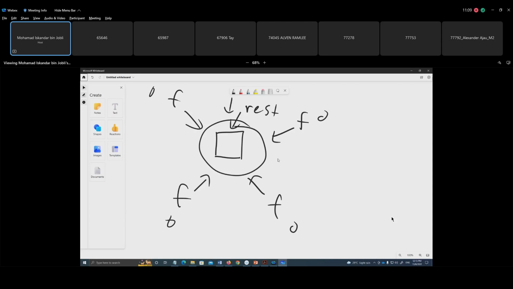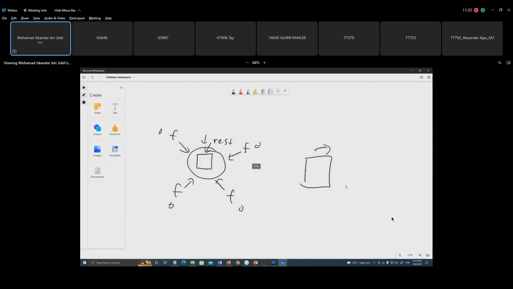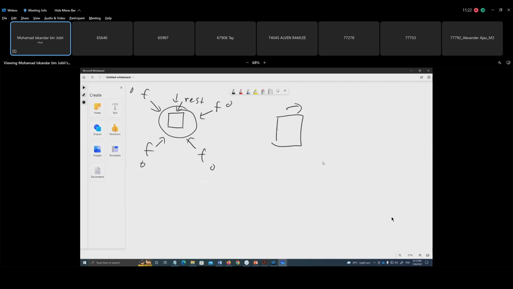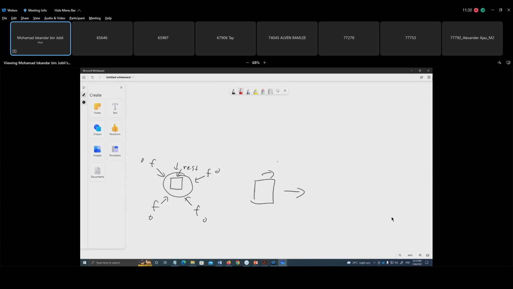Okay, the same goes when you have a body that is currently moving. We're going to be talking about vectors in this study, right? I know it sounds hard, just follow along. You have a body that is currently moving in this direction. Now, assuming that you don't have any forces acting on it, you don't have any force going this direction, this direction, this direction, or this direction, this body,